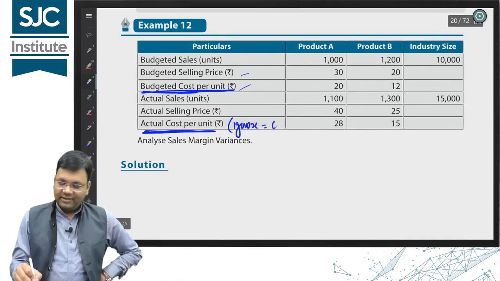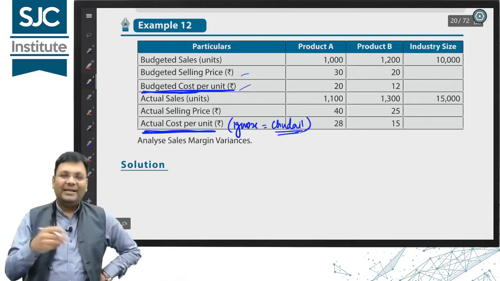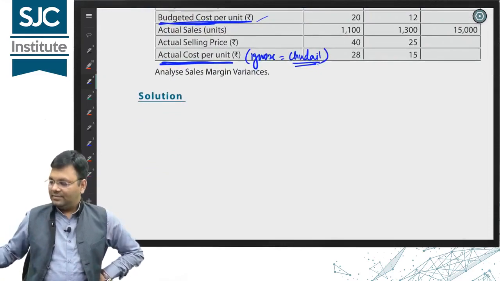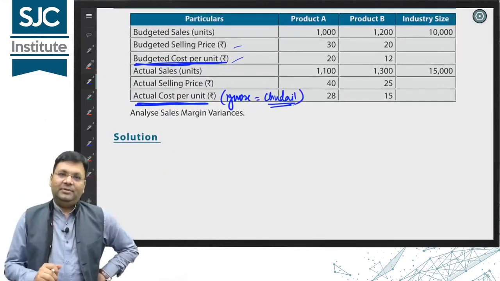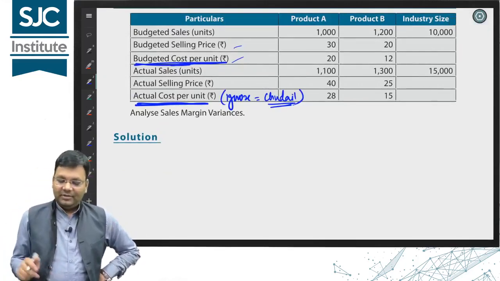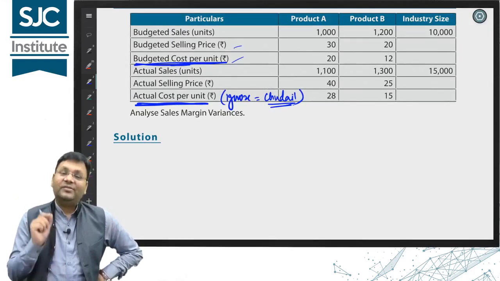Usually I keep calling in my regular classes this kind of information as chudail. Chudail, it's a Hindi word. It's a Hindi word, chudail. Diane, she keeps calling. If you go there, you're gone forever. So keep ignoring chudail, okay? In English it is called as which.